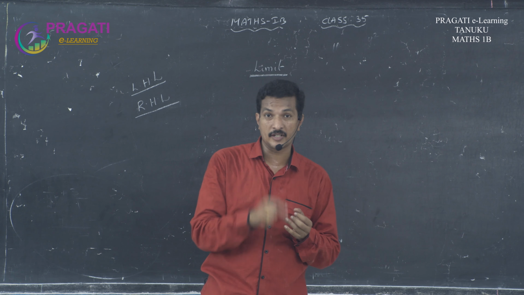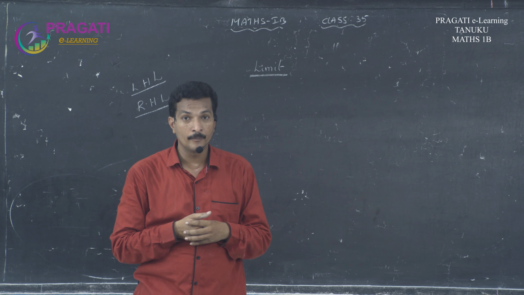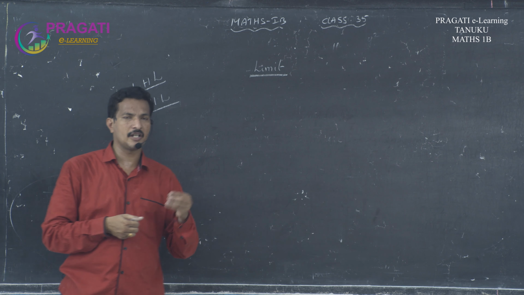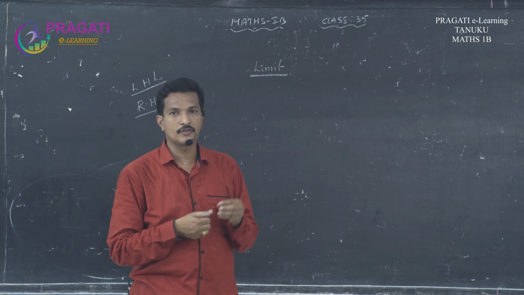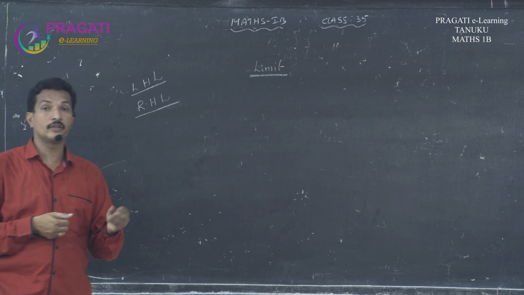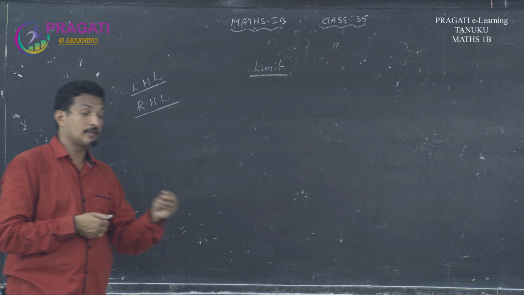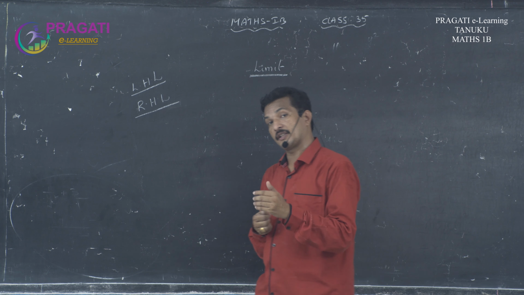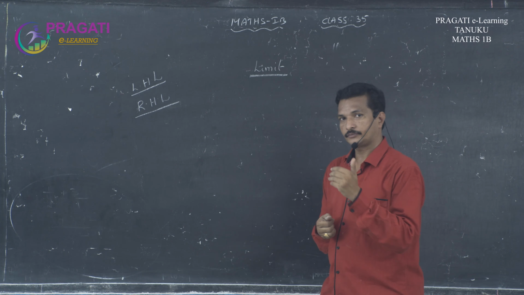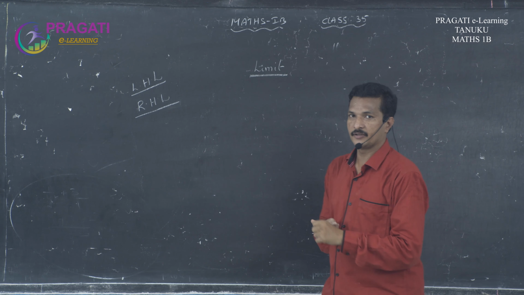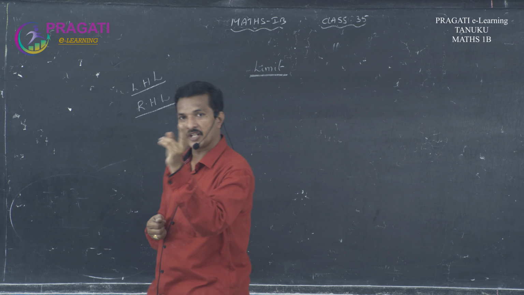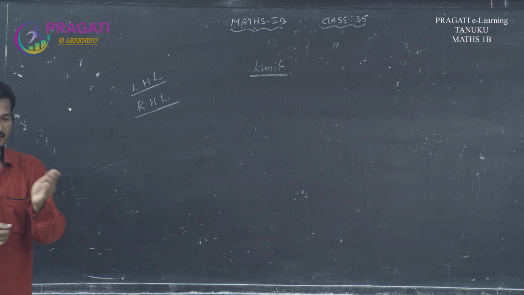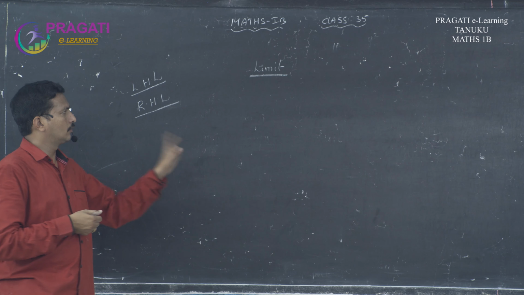Formula based method. Here, the first formula is limit x tends to a, (x power n minus a power n) by (x minus a) is equal to n into a power n minus 1, and limit x tends to 0 sin x by x is equal to 1, limit x tends to 0 tan x by x is equal to 1, limit x tends to 0 (e power x minus 1) by x is equal to 1, limit x tends to 0 (a power x minus 1) by x is equal to log a to the base e, limit x tends to 0 log of (1 plus x) by x is equal to 1, etc. And the fifth model is infinite limits. Limit x tends to infinity or x tends to minus infinity, then there are infinite limits. Okay. And the next one is the sandwich theorem. It is also already explained.